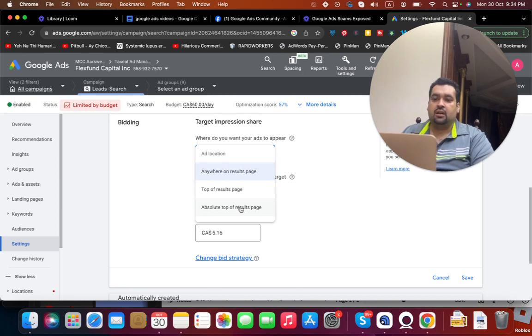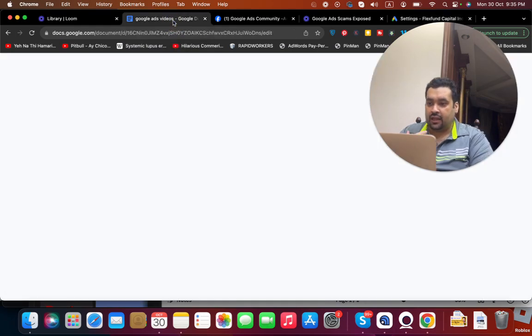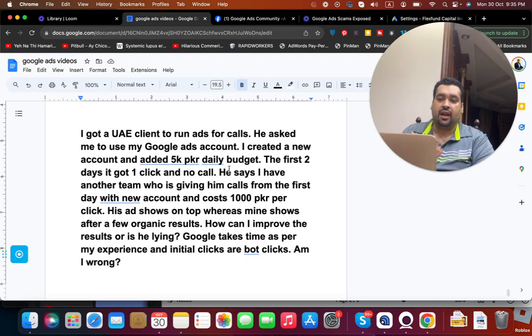This way your ad will only be shown on the top of the page but not in the footer. So in case you want to make sure that your ad is being shown on the top of the page, select this one or this one. But again, this is going to be more costly, but your ad will be shown on the top, and I again think that you need more data to decide on.